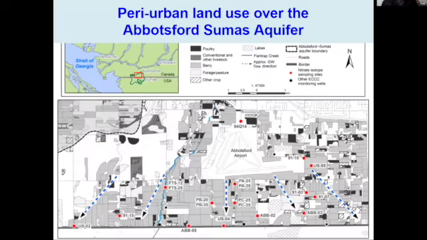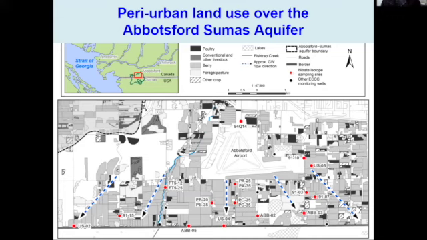And it's not the only outcome. We have the problem that's well known. I'm sure most of you know about the high nitrate levels in the Abbotsford Aquifer and other aquifers. And the Abbotsford Aquifer is particularly well studied, in part because of the water flowing from Canada into the US and impacting drinking water in the US. And so excess nitrogen in the aquifer is absolutely problematic, and it comes from excess